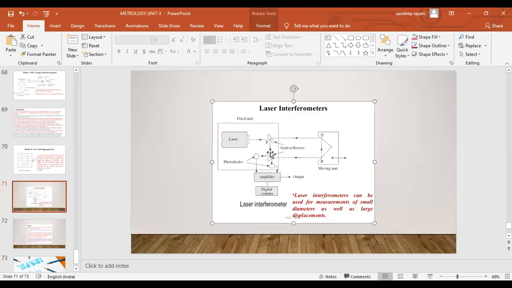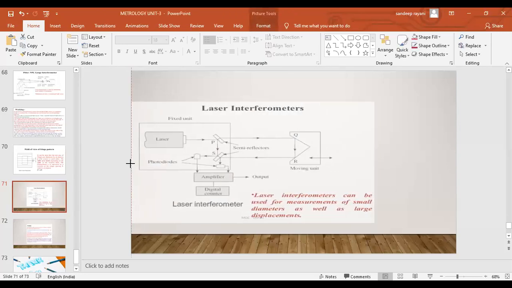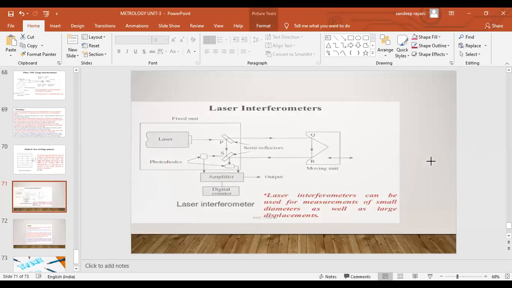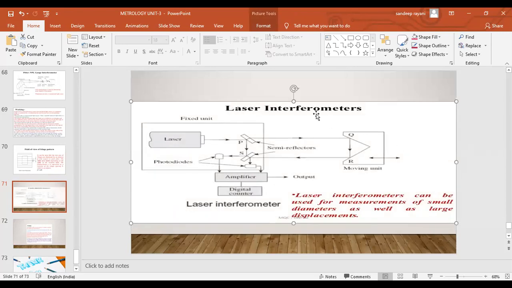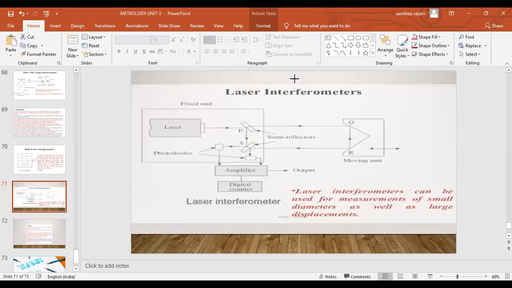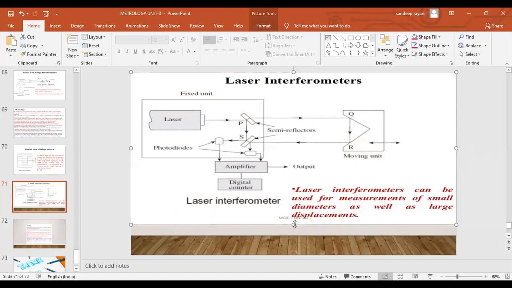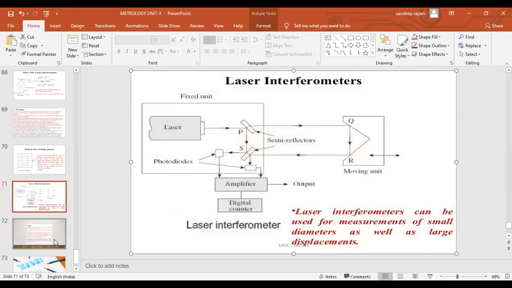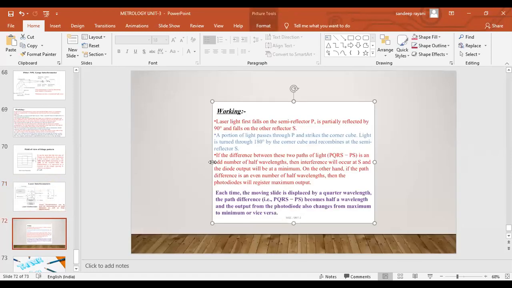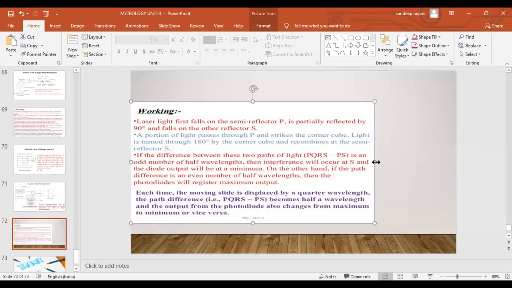So in the next class, I am going to explain about the laser interferometers and the latest developments in interferometers. I am going to explain it in the next class. So by this, we can end the third unit